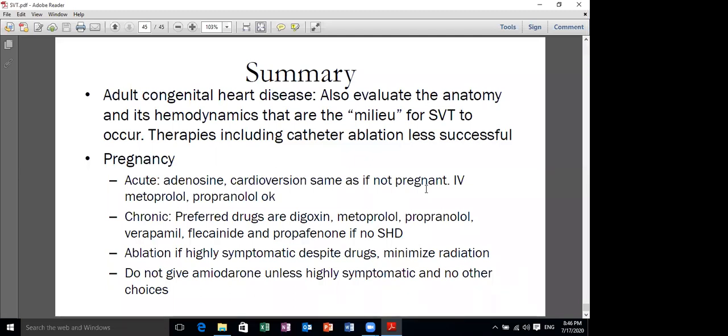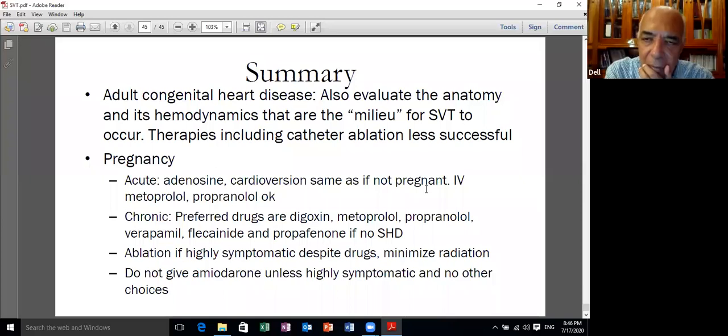Someone is asking: is there any type of supraventricular tachycardia in which termination of pregnancy is a must? No. There is no indication for termination of pregnancy for supraventricular tachycardia based on obstetric situation. Usually drugs fail to abort it. You don't need ablation. You don't need even going to class 3 antiarrhythmic drug. So by itself, it's not an indication.